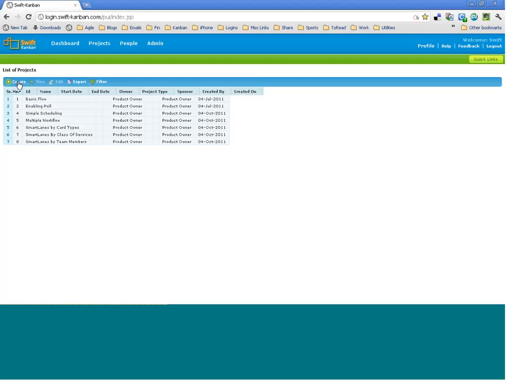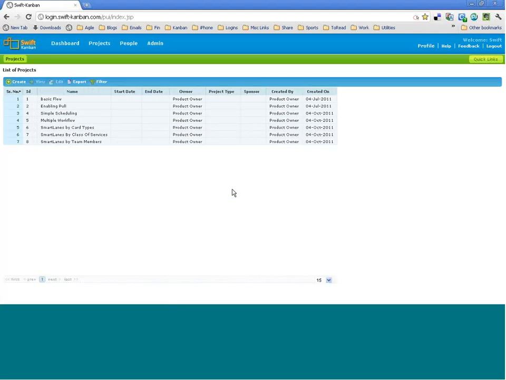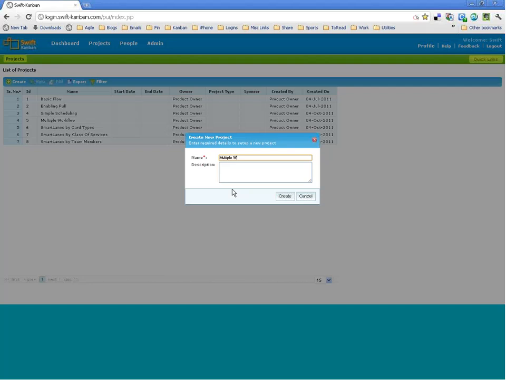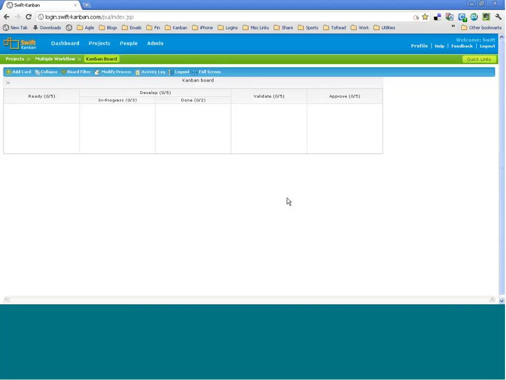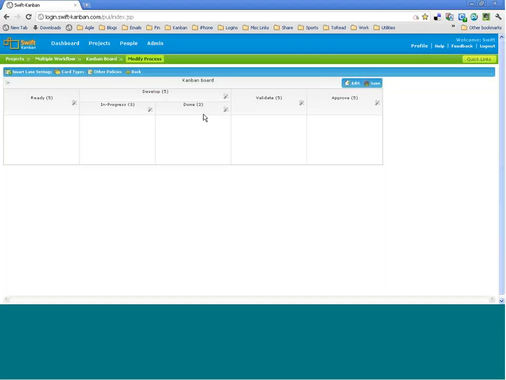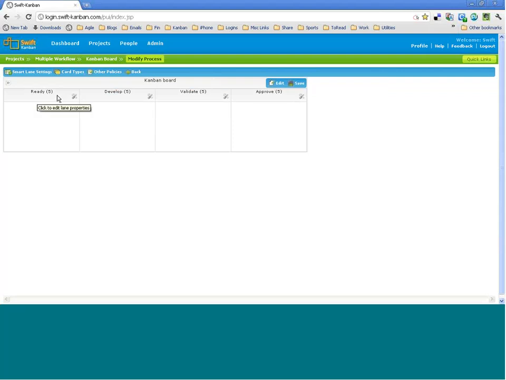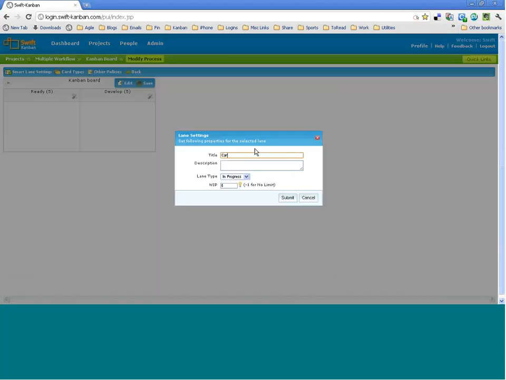So what we'll start with, we'll quickly create a new project in Swift-Kanban and say it will take me through a default value stream. It is just a simple value stream right now. Let's just modify this and just get rid of some of these lanes. So we can keep the ready queue the same. Probably remove all the other queues, and let's say this one we can say,